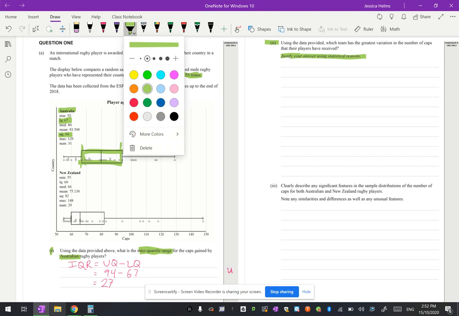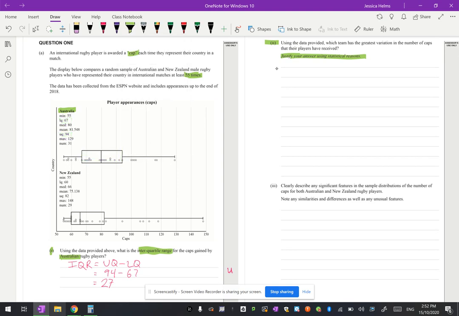Okay, so when we're talking about caps and variation, we're talking about two sort of things. We can talk about variation in terms of your total range, or we can talk about variation in terms of your interquartile range. So really the difference is looking at variation in terms of from maximum to minimum, or variation just looking at the middle 50%. So there's two answers that you could give for this, but one answer is kind of worth more and the other answer we just haven't obviously delved as deep. So let's just have a look at the achieved answer for this.